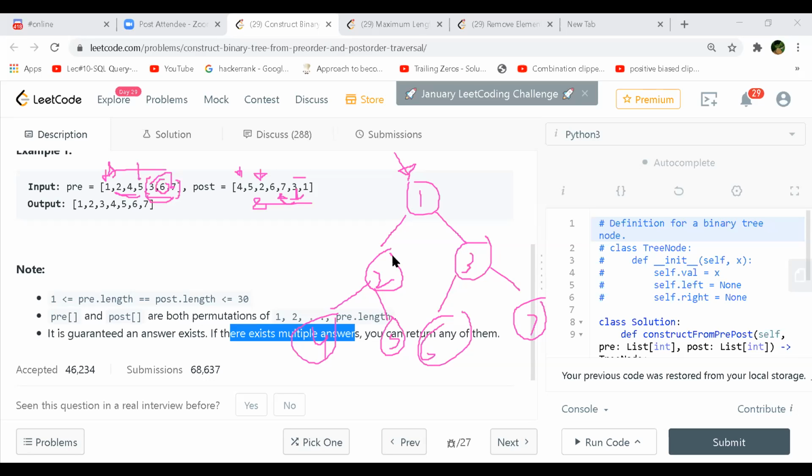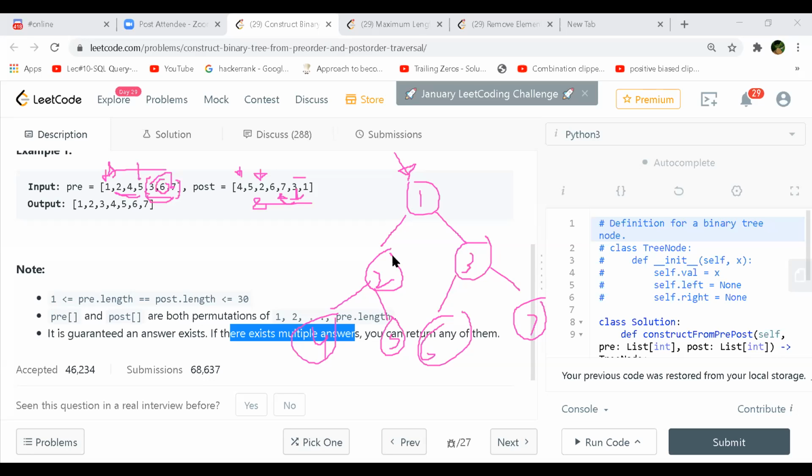But if you look for an index in the pre-order, then to divide into left subtree and right subtree, you will have to go to the post-order, either of them. Yeah, it should work that way also. And absolutely, for the lookup part, we can use a hash map. So we can store the index of all these elements in a hash map so that we can get that in O(1) time.